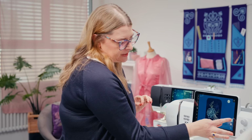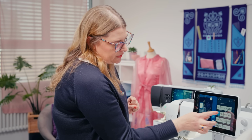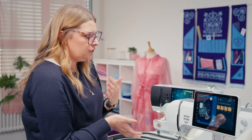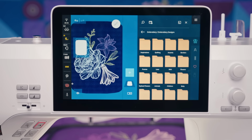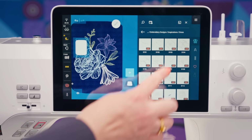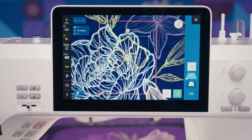and then I can place additional designs. So these flowers are really fun. It's a new collection we have that's built in, and it's also featured on the dress that we've made for the campaign. And so under the inspiration folder and the dress, I have all of those fun little flowers. So I can select a new one,